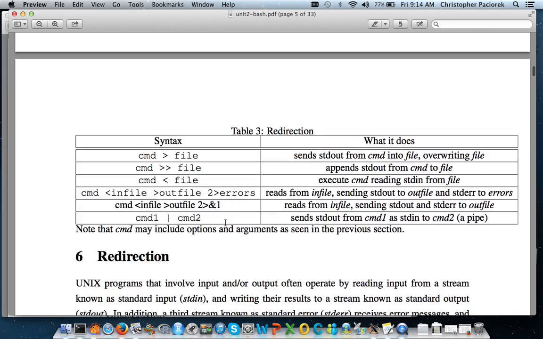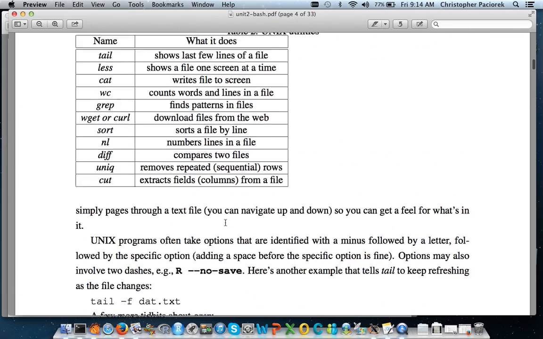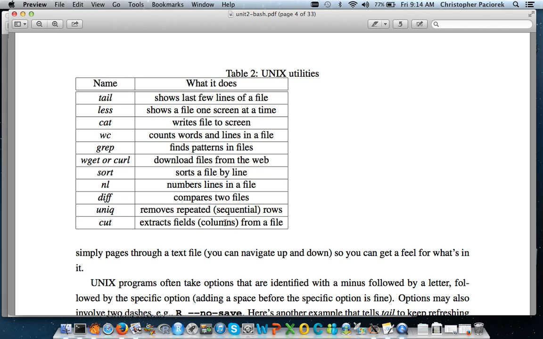So we've already seen that there are a few really helpful utilities. Those were in this previous table here. You can see there aren't that many of these. These are basically the ones that I know reasonably well. There are a few others, but these are basically the ones that I work with on an everyday